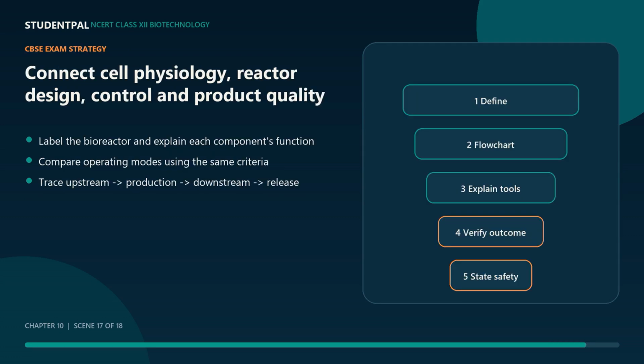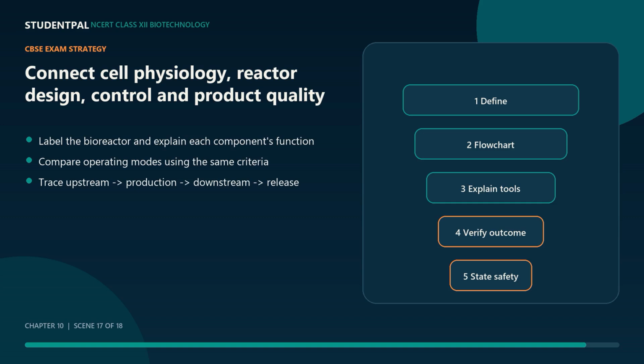For a CBSE answer, define a bioprocess and distinguish biomanufacturing by scale, reproducibility and quality controls. In a stir tank diagram, label impeller, baffle, sparger, probes, temperature system, ports and exhaust, then state each function. Explain oxygen limitation as cellular demand exceeding transfer and discuss aeration, agitation, bubble dispersion, viscosity, shear and measurement. Compare batch, fed batch and continuous modes in a parallel table using material flow, substrate control, duration, productivity, complexity, and